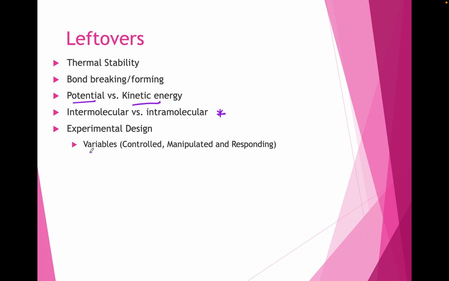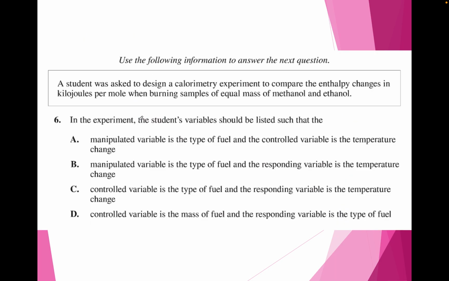And then lastly, variables when it comes to experimental design. You do want to review and know what a controlled variable is. What are you keeping the same from experiment to experiment? What is manipulated? What is the thing you are changing? And then what is responding? What are you measuring? Being able to apply these 3 variables to an experimental design, those questions do come up. So here is an example about calorimetry and using different alcohols to figure out